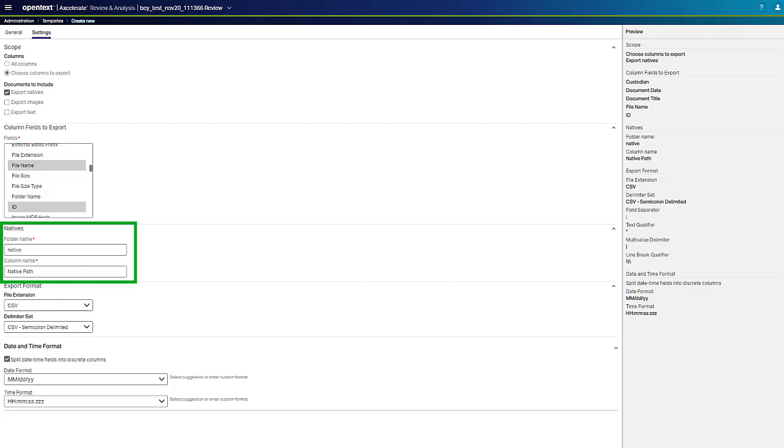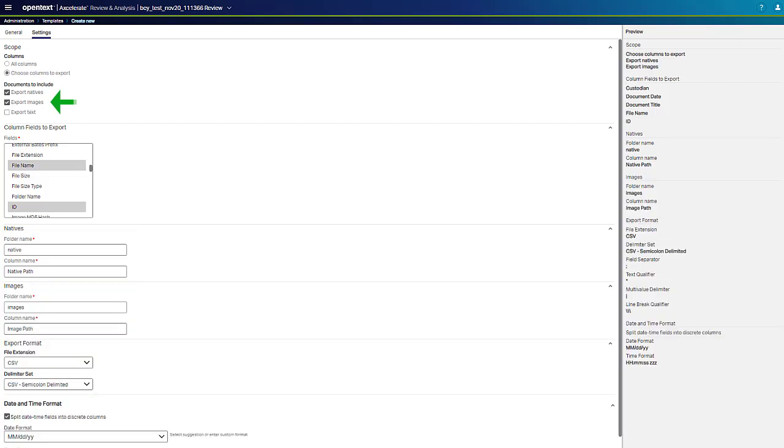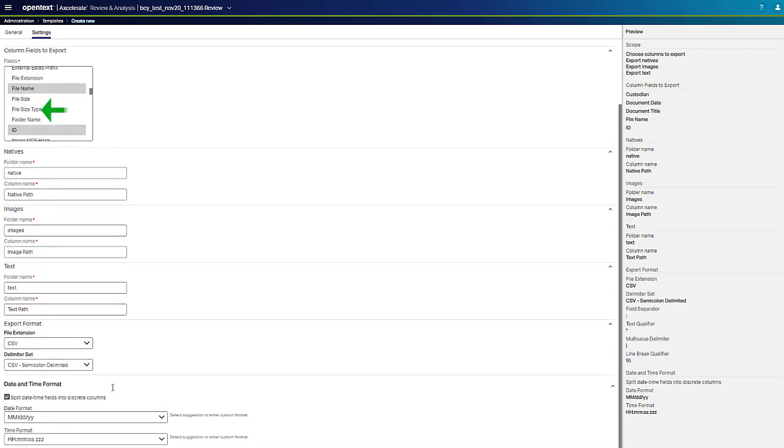the native file. If you select the Export Images checkbox, additional options appear that allow you to define the folder and column names used in the export. Folder name is the name of the folder in which the image files will be stored. Column name is the name of the field or column that will be used in the export file to reference the image files. And if you select the Export Text checkbox,